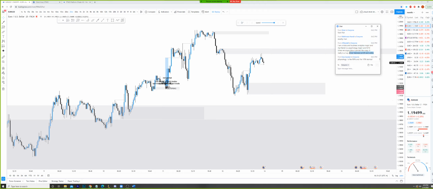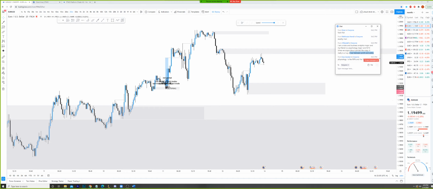Yeah, exactly. So I made my choice very late, of course, because I took enough beatings, but I made the choice to say, okay, I'm always going to partial at structure, whatever it might be for me. And that partial at structure could be 1 to 2, could be 1 to 3, could be 1 to 4, could be 1 to 0.5. And of course, a partial of 1 to 0.5 after losing, let's say, 1 or 2 trades feels like nothing. But part of it is understanding that over enough time, the edge is always going to bring you back up. And as long as you constantly stick to your edge and never diverge from it, you'll be fine.